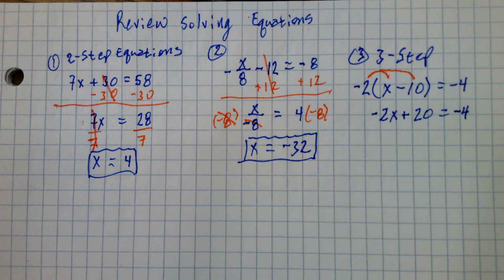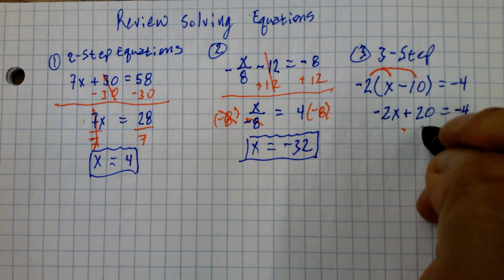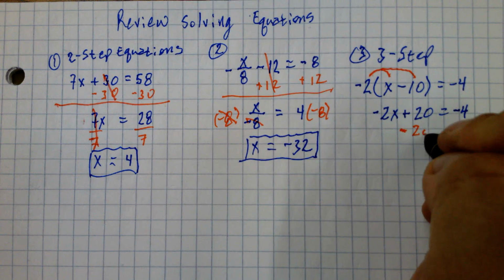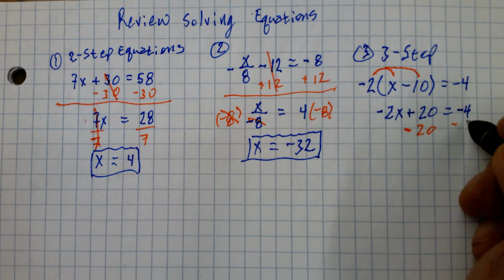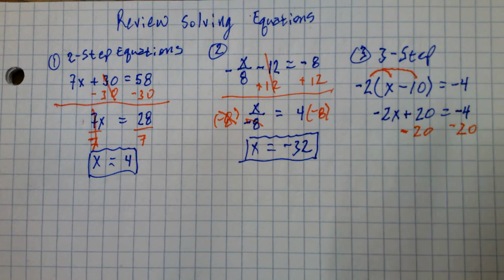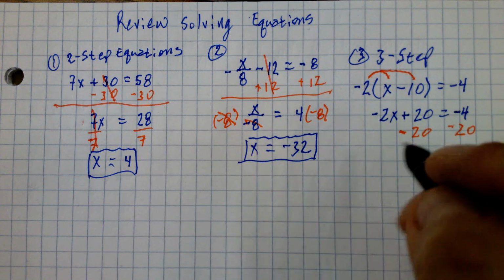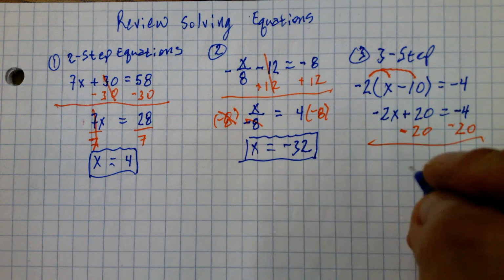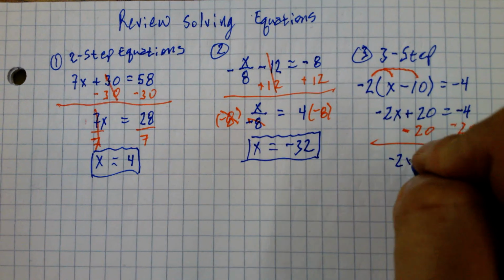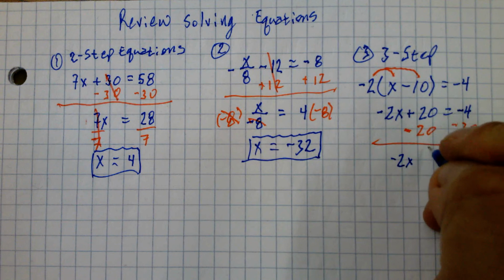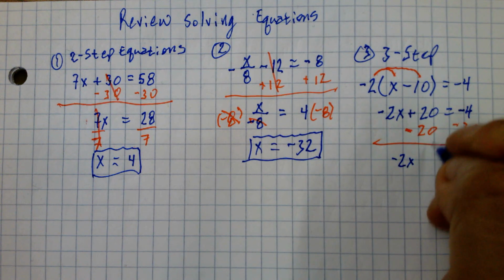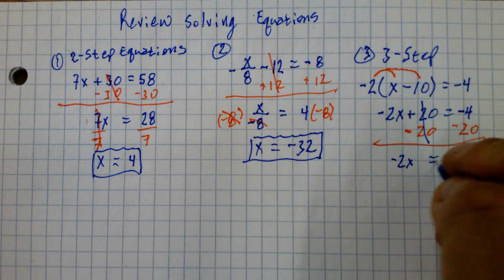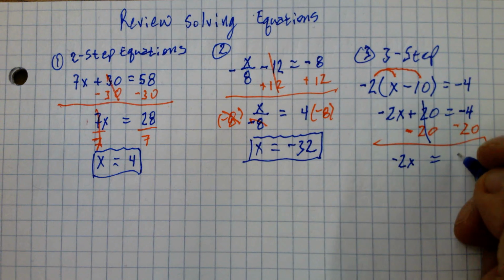It's a two-step equation again. Everything usually boils down to a two-step. Okay. So let's see here. Bring down the negative 2x because we haven't done anything with it. 20 and negative 20 is 0, so they cancel. Equals negative 4 and negative 20 is negative